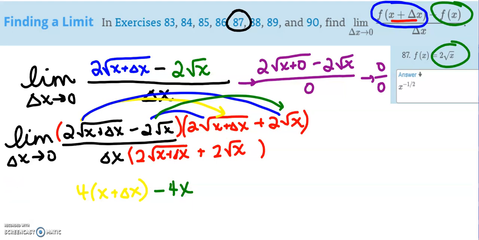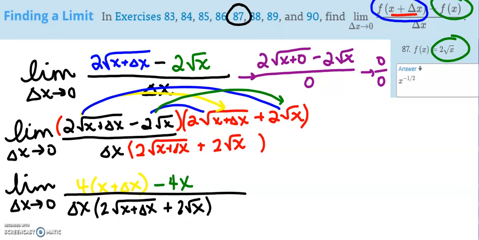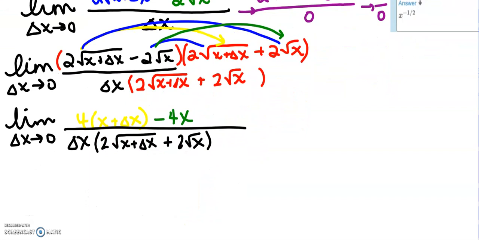All of this then, I still have the limit as delta x goes to 0 all over, and I'm going to leave this delta x factored out. The way I like to remember that is I chose the conjugate to help me with my numerator. The reason the conjugate shows up in the denominator is just because of keeping things balanced within math. Okay, but I'm going to leave it just as it is because it's really just inserted there to make things nicer. So across the top,